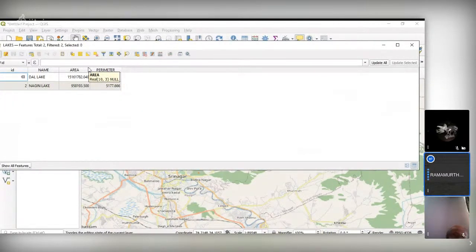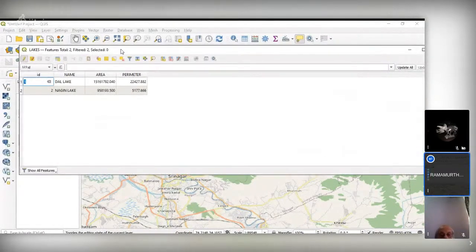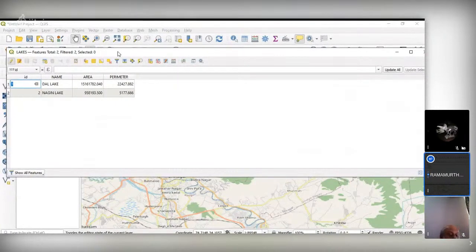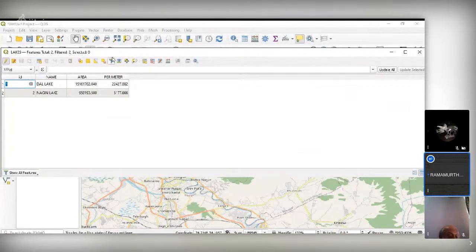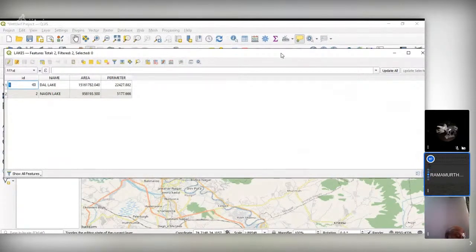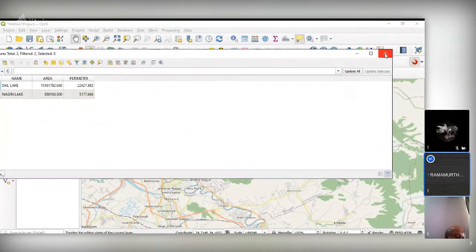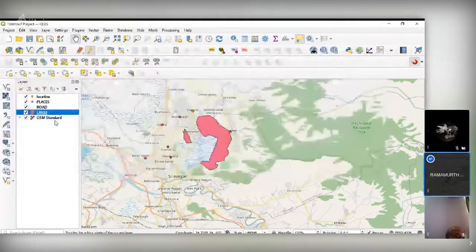So the accuracy of your area all depends on how accurately you digitize the features. So while digitizing you have to be very careful, because all other things depend on your proper digitization. If you want to calculate the same thing physically, it takes maybe days. But if you can digitize properly and use GIS software, you can calculate it in minutes. So that is the beauty of technology. And I'll display the names.